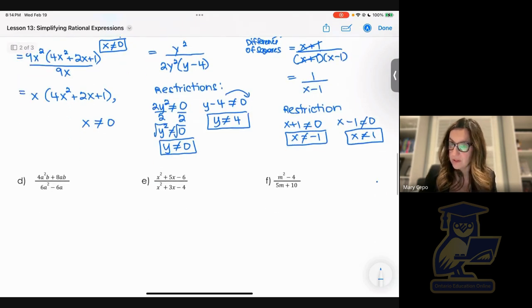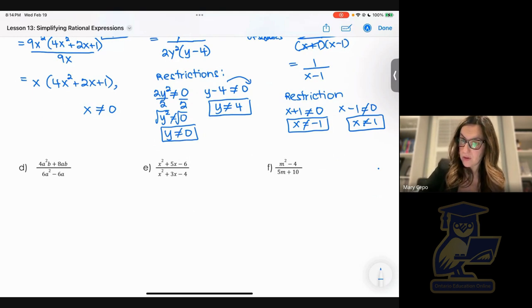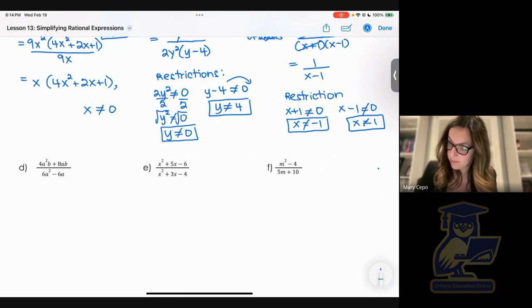Okay, moving on to D, we have 4a squared b plus 8ab all over 6a squared minus 6a. So again, let's try to figure out what is a common factor amongst our two terms in our numerator. 4 is a common factor. They both have an a and they both have a b. So we can say 4ab. And if we factor that out, we're left with